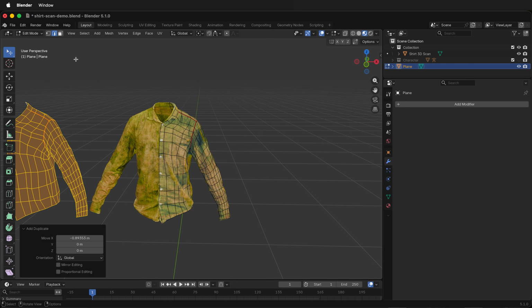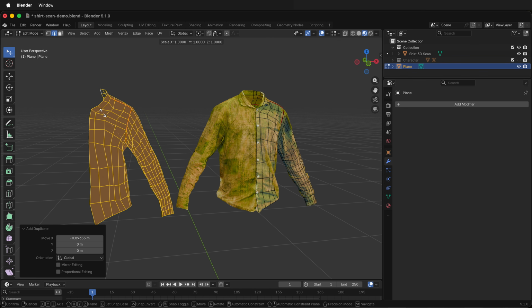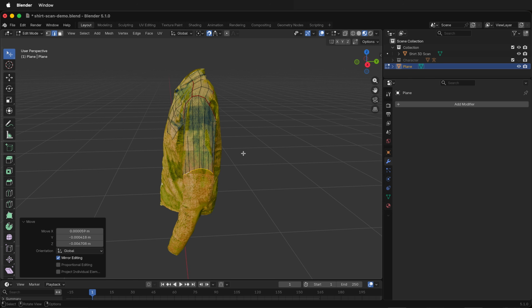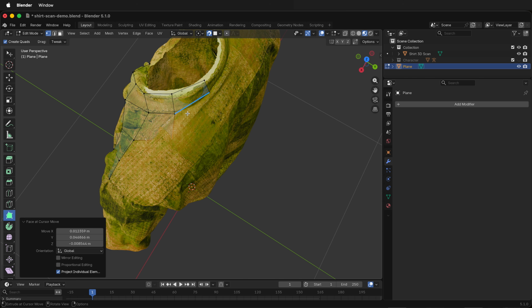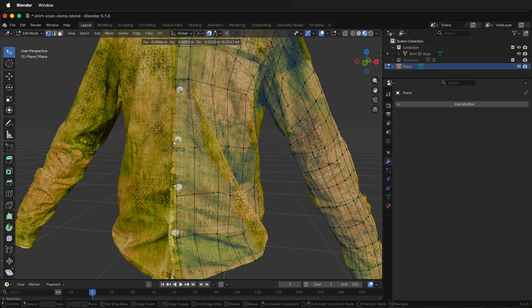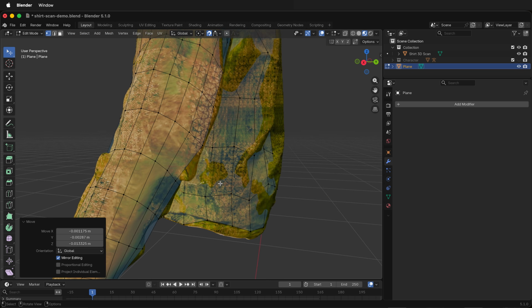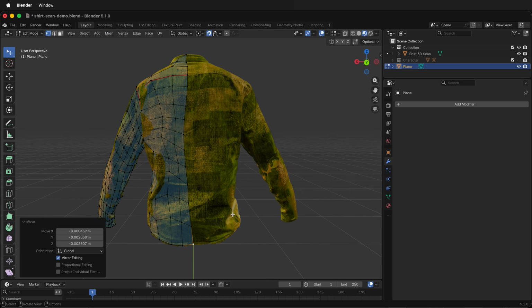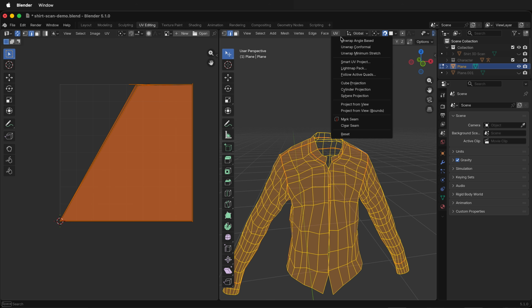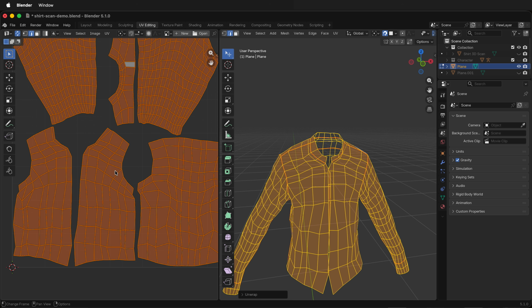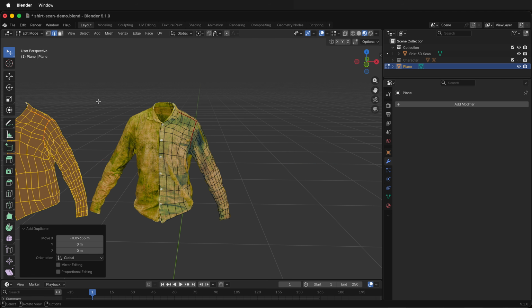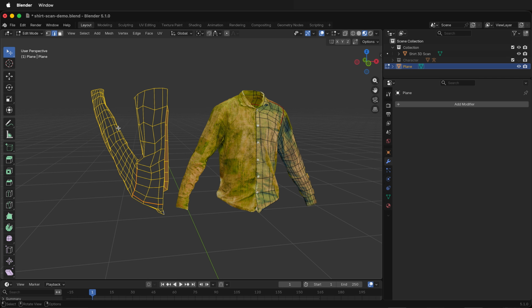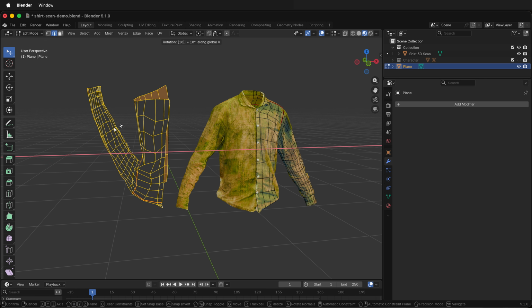In this Blender retopology tutorial, we're going to retopologize clothing from a 3D scan. We'll use retopology tools in Blender to overlay a plane and then move the plane around while it is projected onto the surface of our 3D scan mesh. This allows you to make a low poly shell for a cloth simulation that you can use with your animations in Blender. We can also then bake the textures and the normal maps from the original high poly 3D mesh